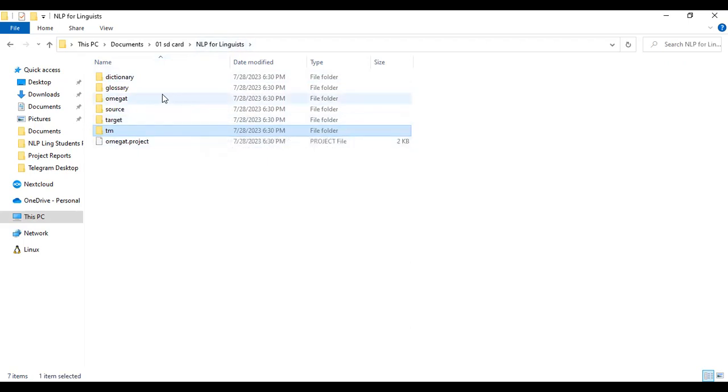All right, so let's say I want to start with, I don't have a dictionary. I want to create a glossary term for myself. What am I going to do? And I'm working between Yoruba and English. So I'm going to use my